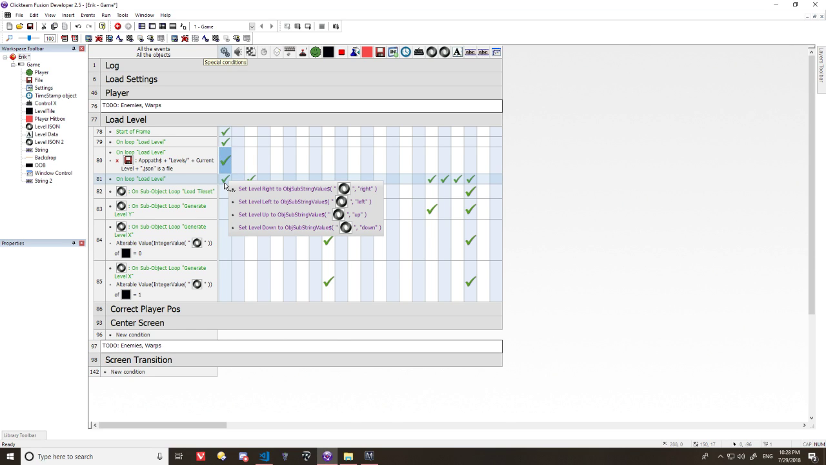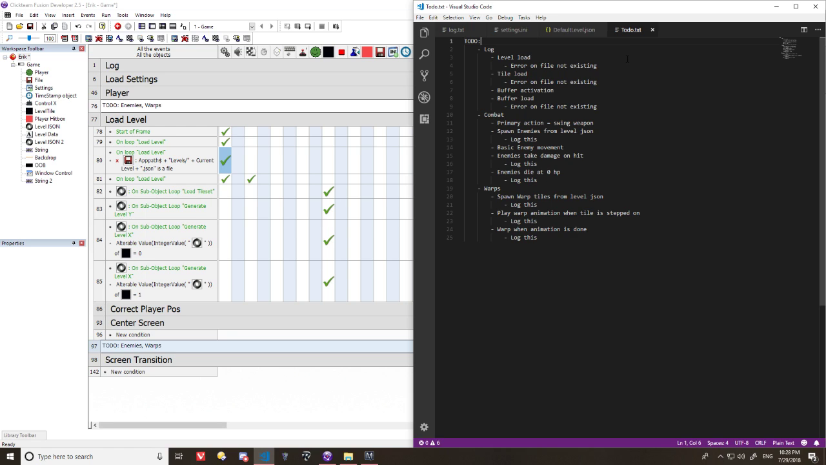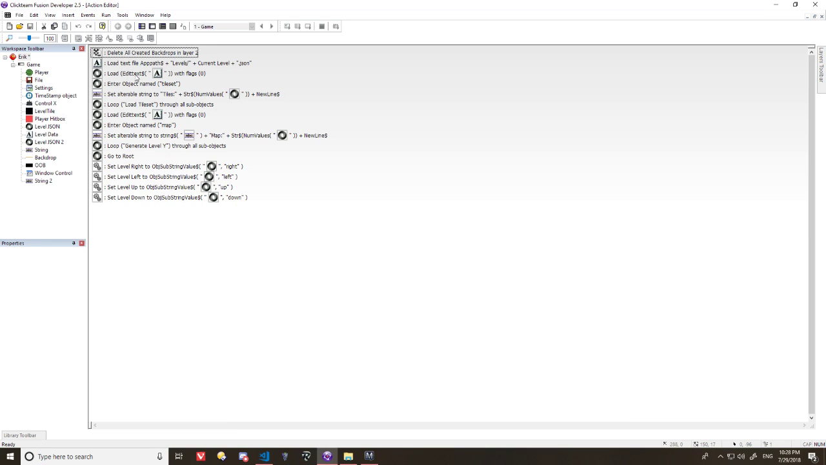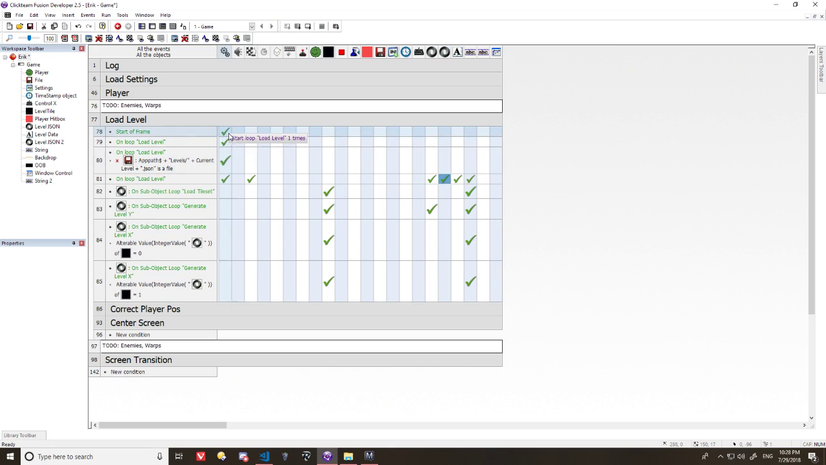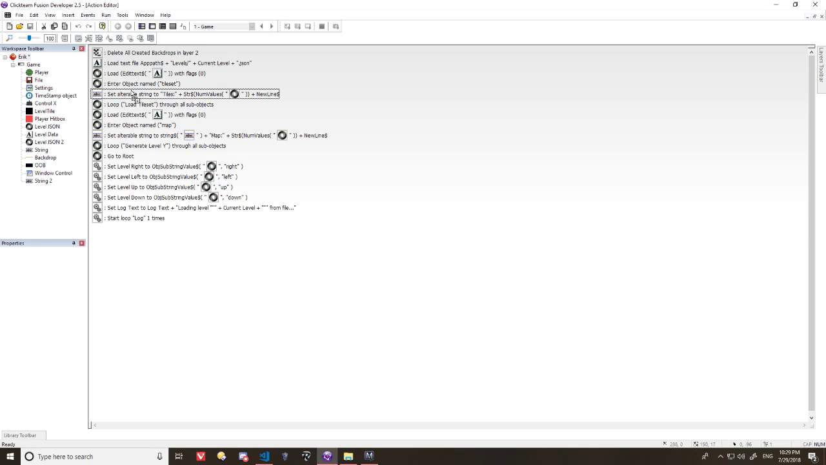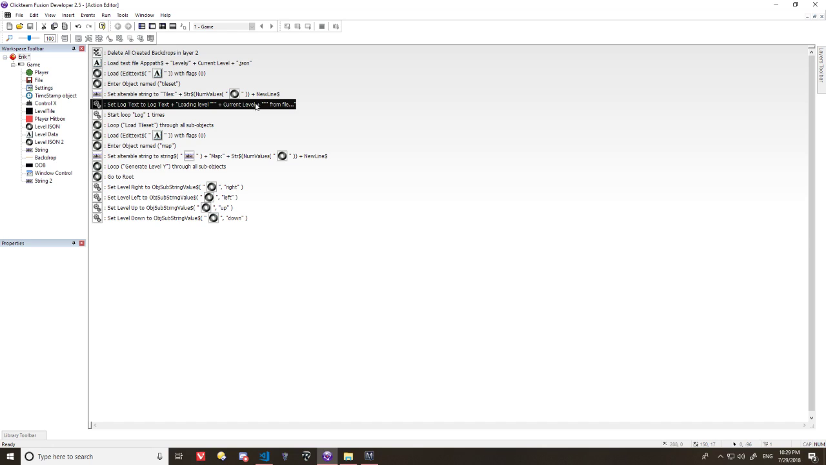Trying to think of if there's some special way I want to log this out. I don't think so. I do want to get rid of this though. So it's loaded the level text. Loads the level text. Loads that into JSON. Here I could say like before the loops. Yeah, here I want to say